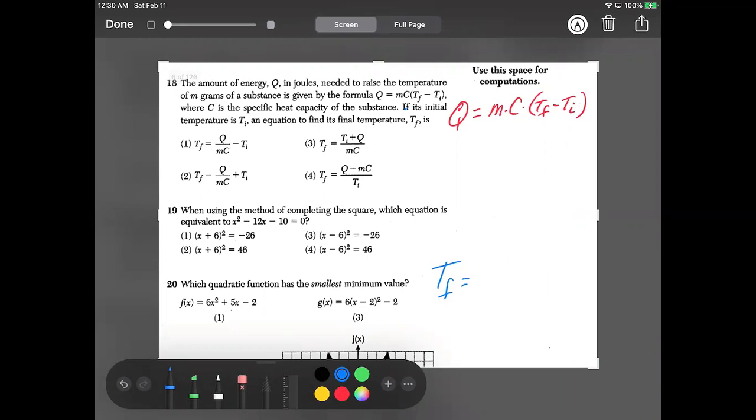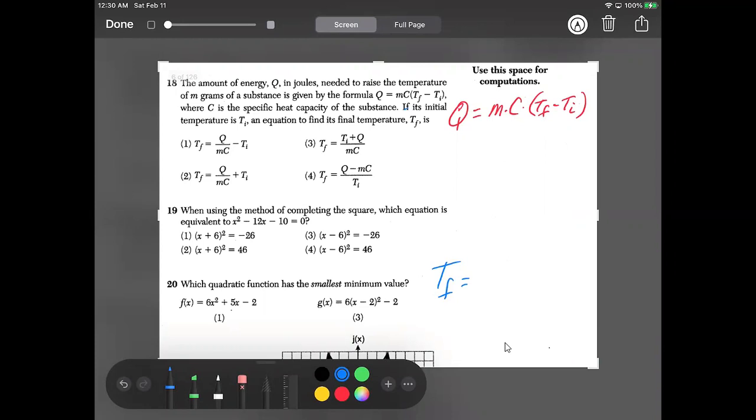I've already done it using the calculator. Now I'm going to do it algebraically. Even though this is in the multiple choice section, you should be able to do this algebraically, whether it's in the multiple choice or the show your work constructed response. So